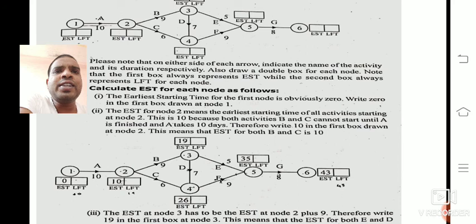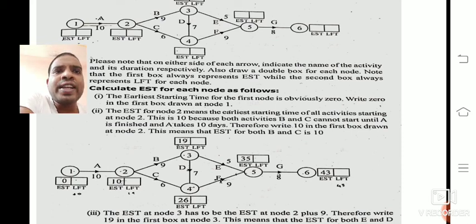For the first node, you always take it as 0, the earliest starting time for activity A. Next, for activities B and C, we add EST 0 and the duration 10, which gives 10. We write EST 10 at the node.